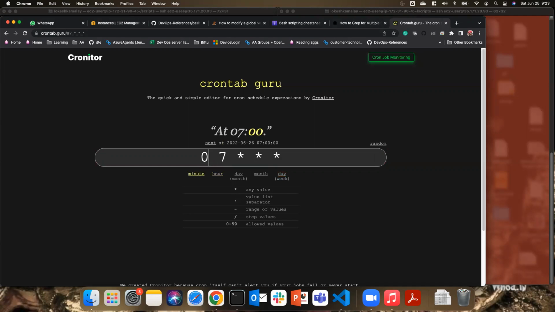I'm going to put 0. Let's see, every day at 7 o'clock this will be executed. This is how I need to use it. Okay, if I want to run every day 9 o'clock, then like this. If you want to run every 1 hour, okay, so then I will be using like